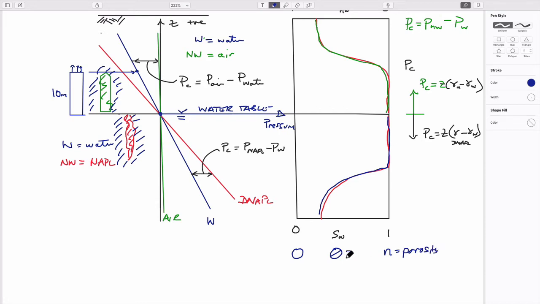So I guess volumetric content means the volume of the fluid divided by the volume of the voids. Saturation is equal to the volume of the fluid divided by the volume of the total soil, grains and voids. And so that's the difference. And so in other words, when you fill up the porosity, this term is equal to